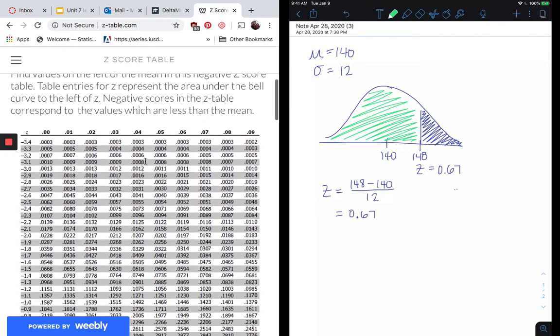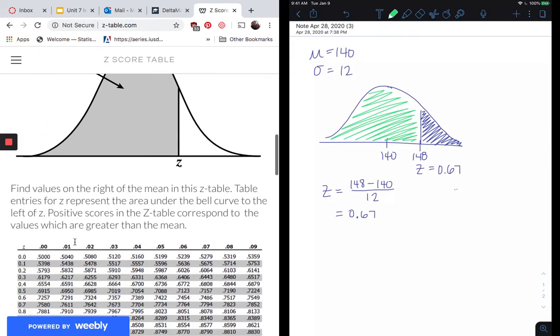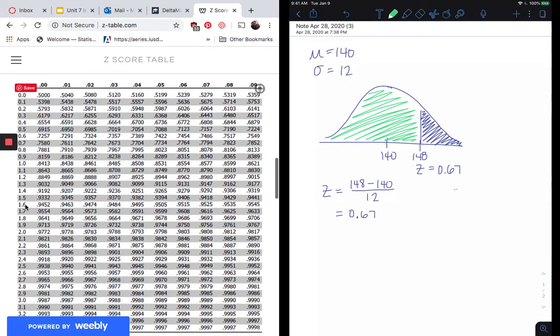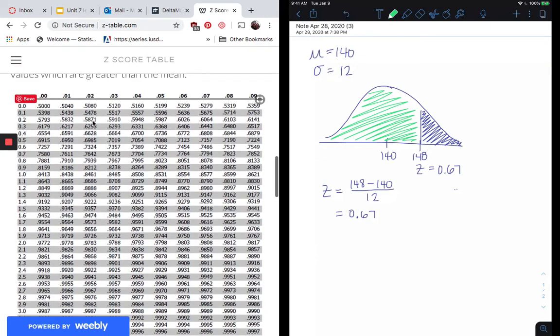ztable.com, and then I'm going to look for 0.67. So make sure you're looking at the right table. These z-scores are negative, so I'm going to go to the next one. And these z-scores right here in this first column are positive. I'm looking for 0.6. 6 is in the tenths place, so 0.6 right here. And then in the hundredths place is 0.7. So if I go along the top, I want 0.7 in the hundredths place. So I'm going to go right here to